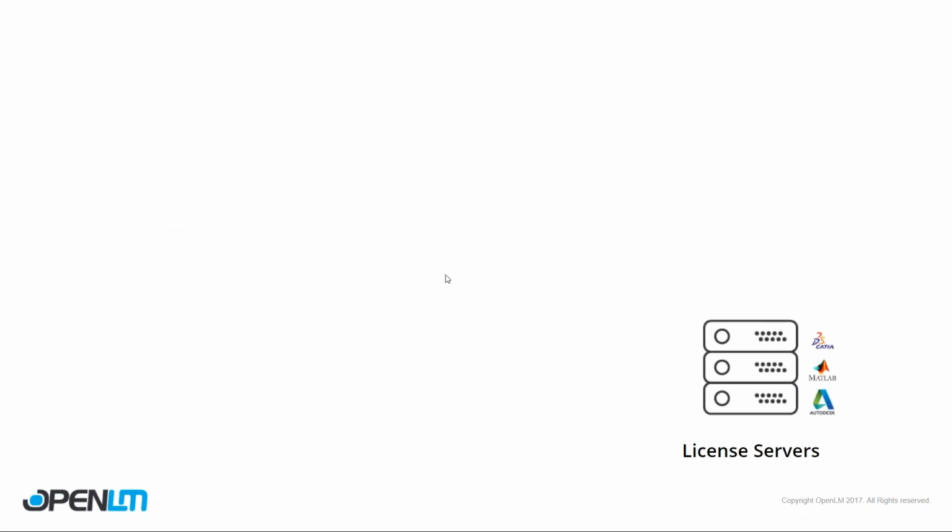I want to have a quick overview of the OpenLM system. Let's take a look at it. First of all, you've got your license servers. You've got maybe hundreds of license servers. Each one holds many different vendors. You can have MATLAB vendor, Autodesk, CATIA, and all these license servers are distributing licenses to end users who use those applications. Now, all you need to do is simply install the OpenLM Broker on there